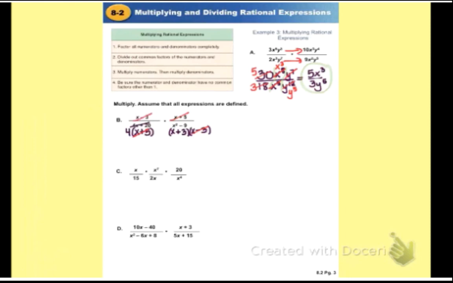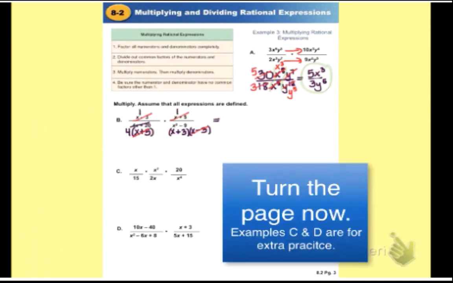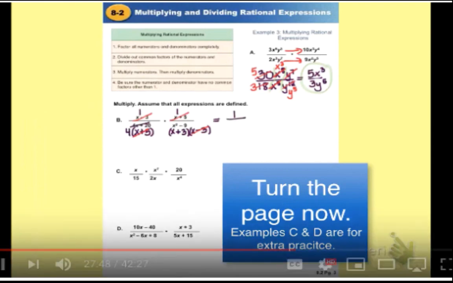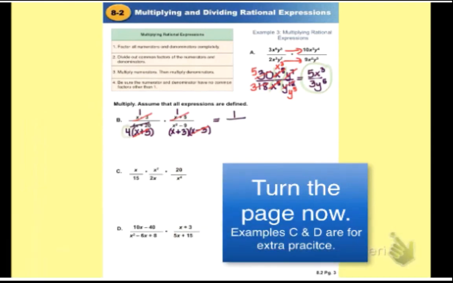And really all that's left then on the top, because when I divide out, what I'm really doing when I cancel is I divide out, I'm left with 1s here. So that leaves me with a 1 on the top. On the bottom, I'm left with just a 4 here. See, there's a little 4 there. And then I'm left with this x plus 3. So I could write that as 4 times x plus 3, or I could write it as